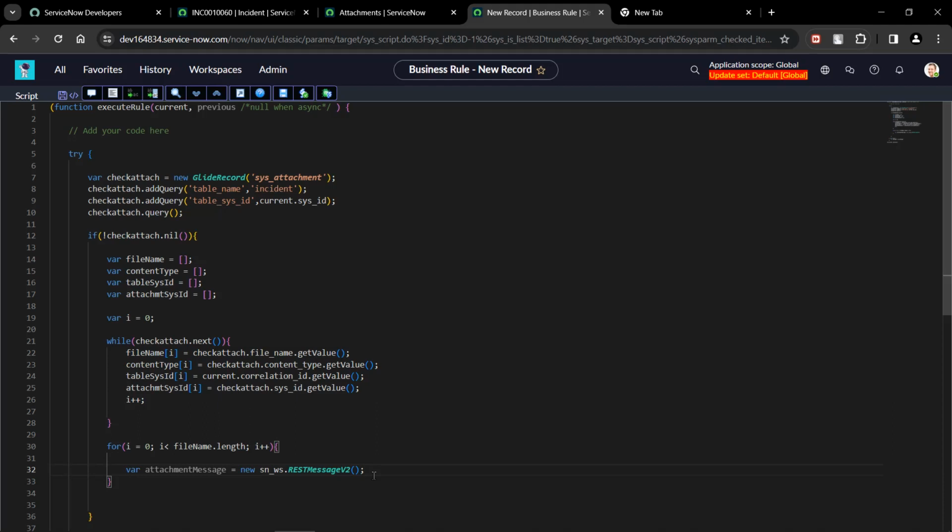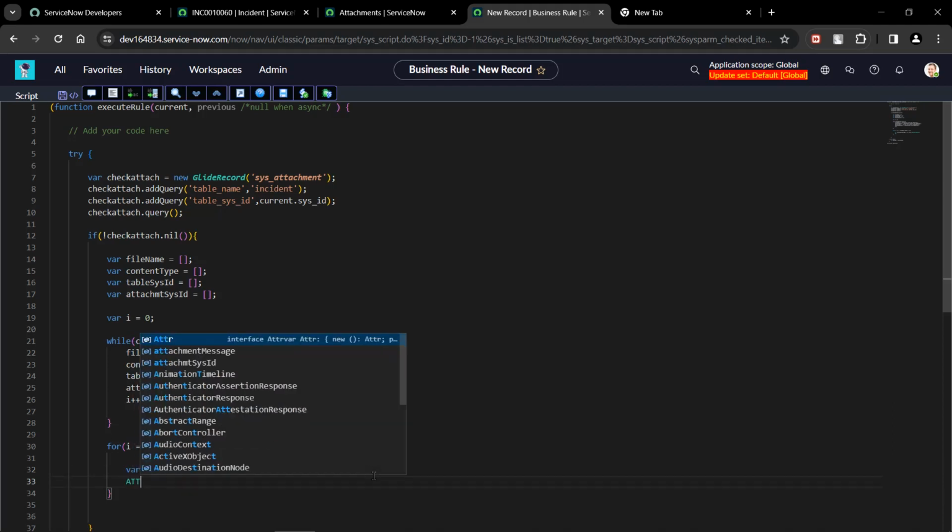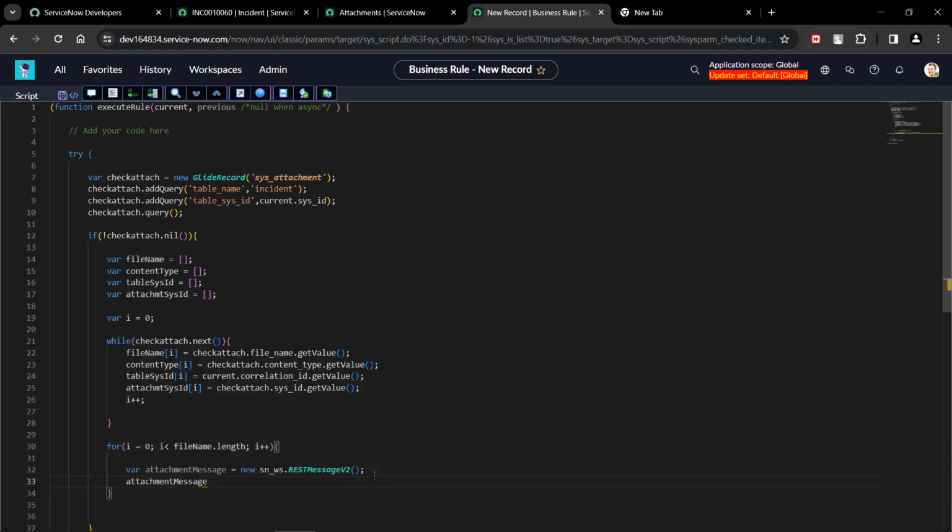Now I am going to place the method. It's nothing but the post, right? So I'll declare that: set http method to use post. Then